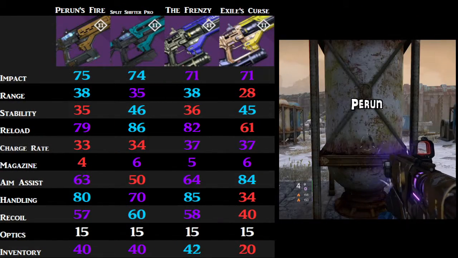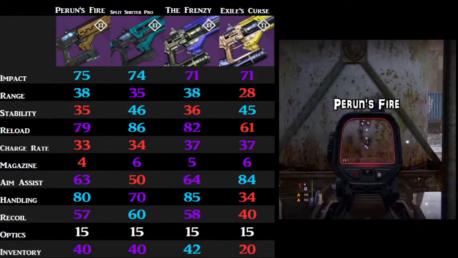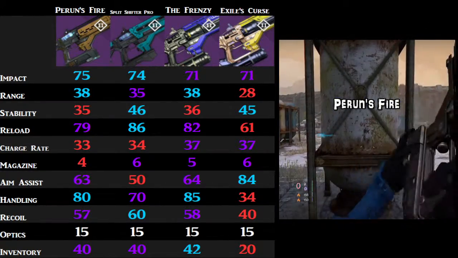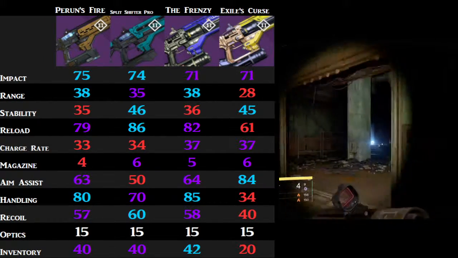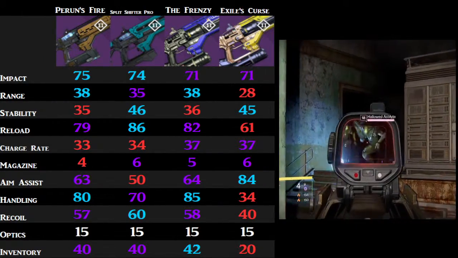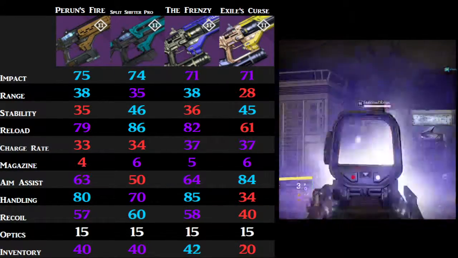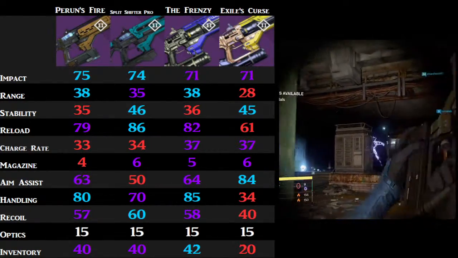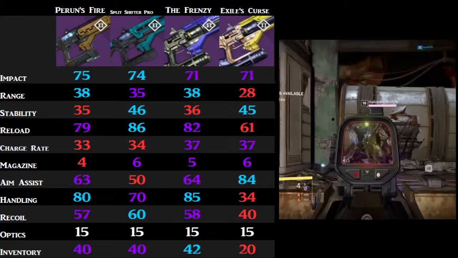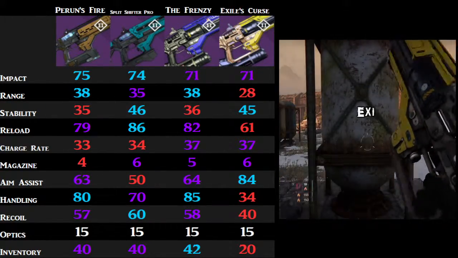Now, as the table shows us, this class of fusion rifle is a little more muddled, a little harder to pick out the truly stand-out fusion rifle. Now, while the Split Shifter Pro does have the most blue bars, it does somewhat suffer, the same as Perun's Fire, in charge rate. Though with a good reload and magazine size, and the highest recoil direction, it's not a bad fusion rifle. However, the Frenzy is probably the one that will be walking away with Raven's seal of approval,